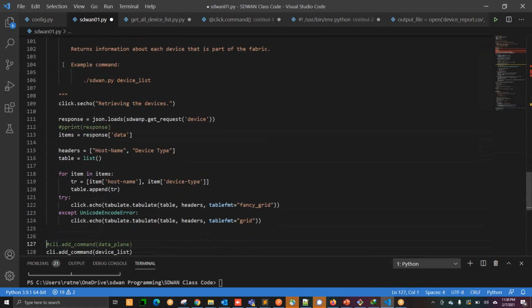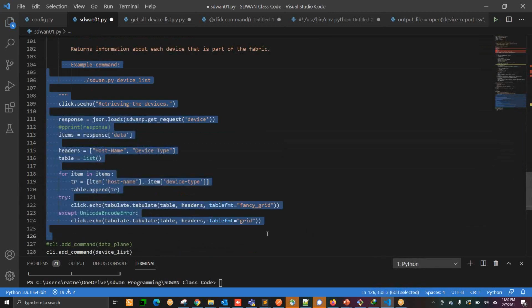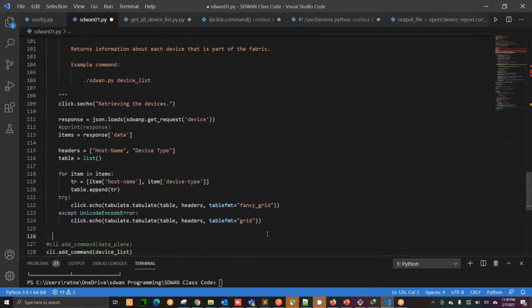I made this look very simple and small, but you can add a big amount of complexity inside this. So here you can see the logic that we are taking the header, then the table we are calling, the list we are calling inside the table, and here we have the for loop, and that's important.